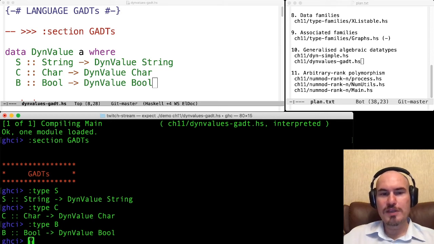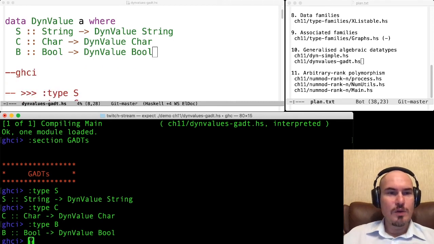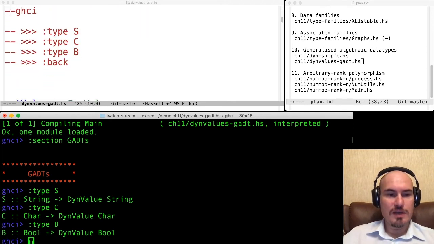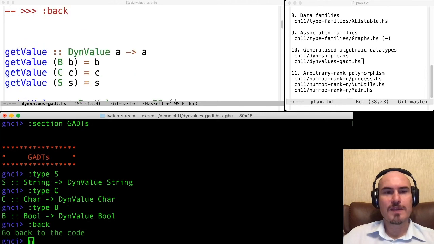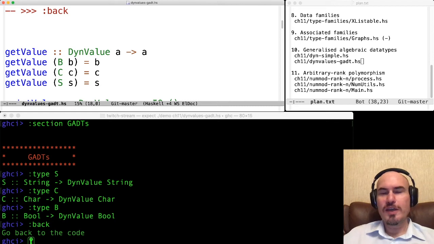So no particular type here. With GADTs, we can specify a particular type. And we can do something interesting here with this type. For example, we can define a function for getting the value. So look here. We have a value of type DynValue a, and we can extract a.